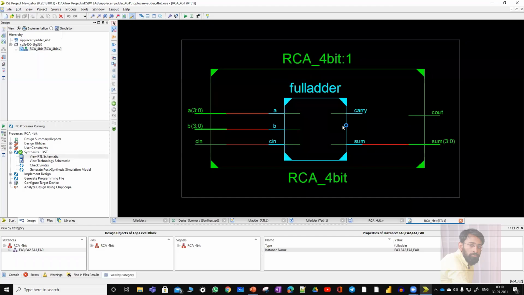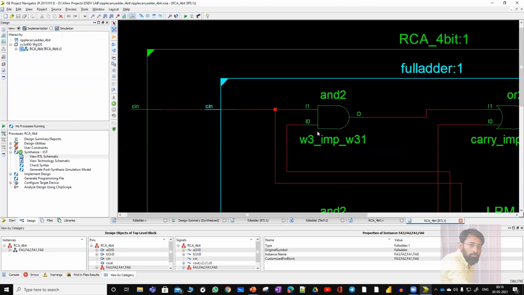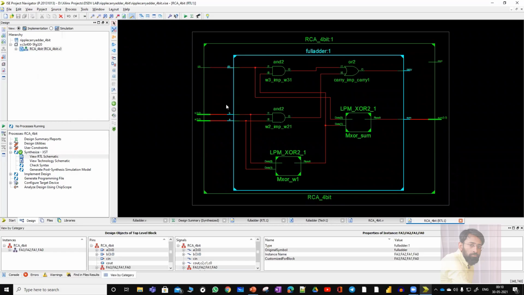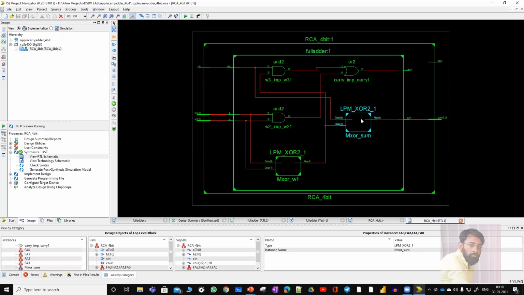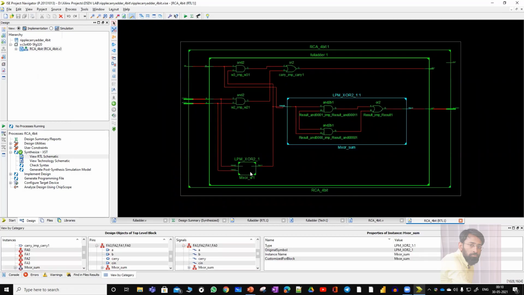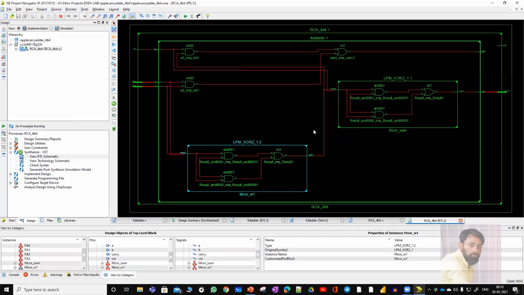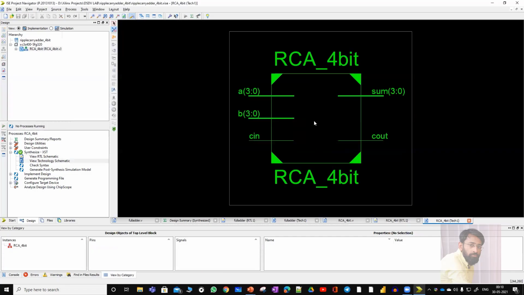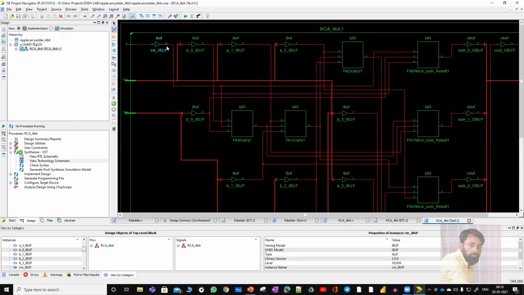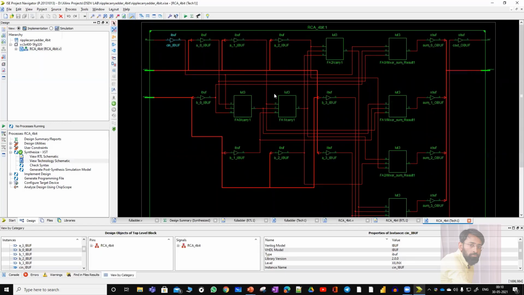So I've instantiated this by using a concept of full adder. So double click on this full adder also to view the internals. So if you observe, full adder contains 2 XOR gates, 2 AND gates and an OR gate. So you can double click in order to view the internals of XOR gates also like this. Now you can also view the technology schematic. So to do that, click on view technology schematic. Okay. Double click to view the internals. So this is the technology schematic. IBUF stands for input buffer, OBUF stands for output buffer, and LUT is nothing but lookup table.